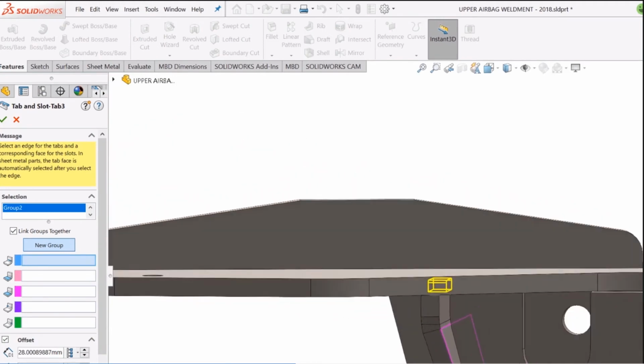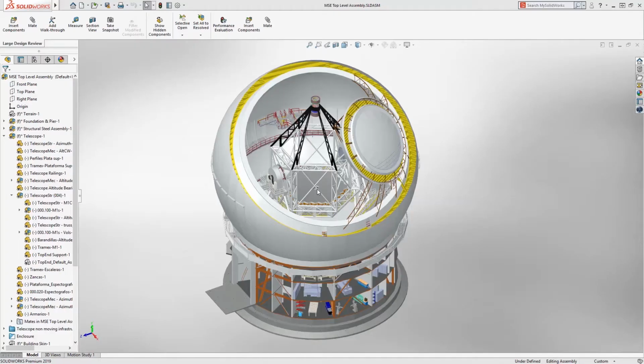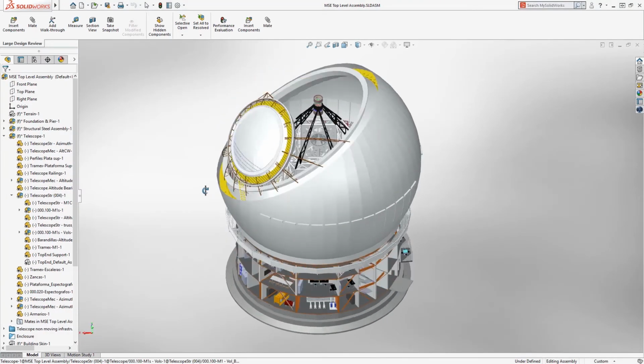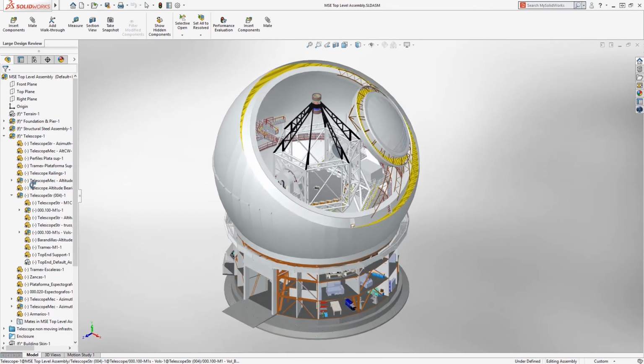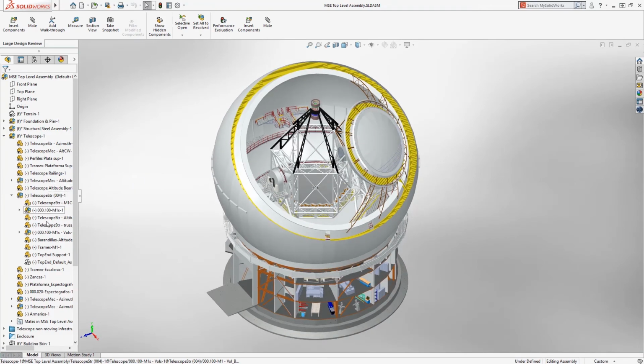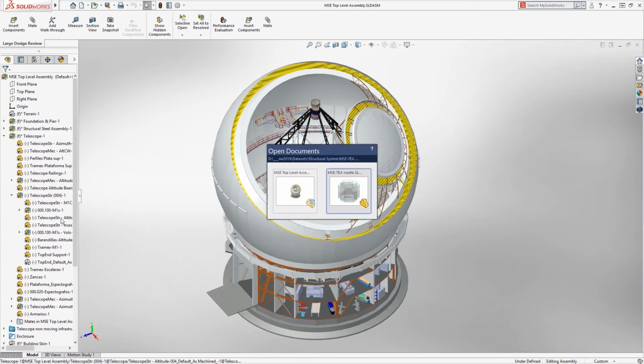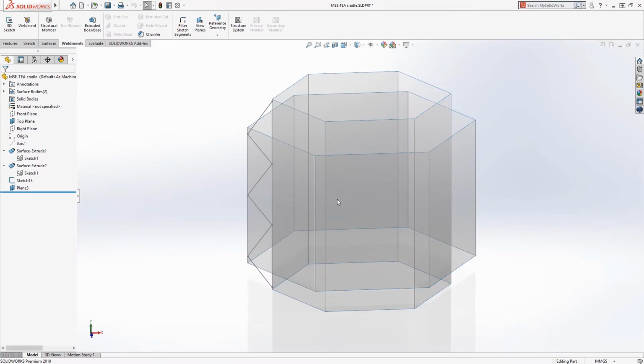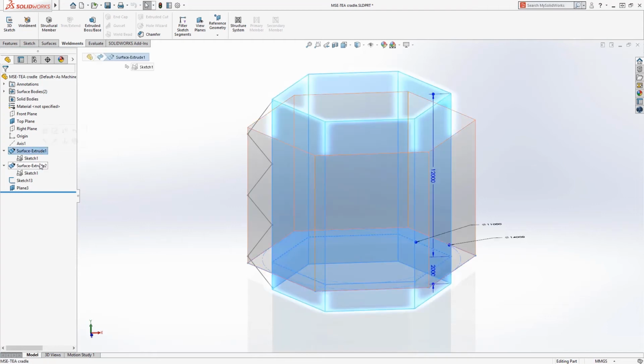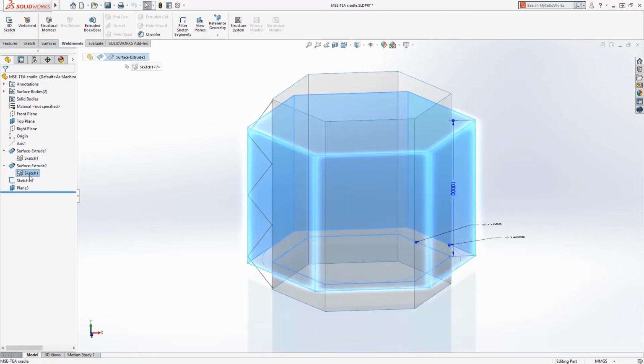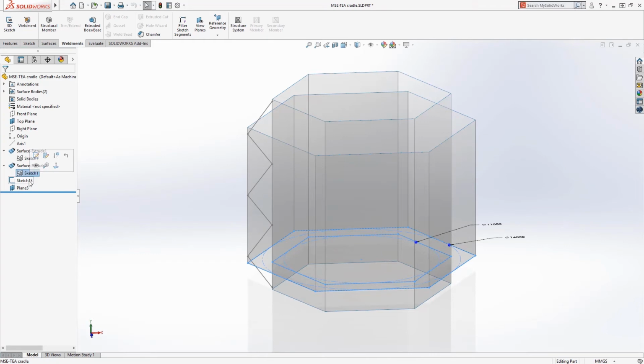will have identical parameters. Weldments are a key feature of many designs, and SOLIDWORKS has long been an innovator in providing tools to create weldments, such as the structure to support the telescope in the Spectroscopic Explorer. Let's take a look at how the structure can be created in SOLIDWORKS 2019. The definition for this new structure does not contain a 3D sketch. Instead, it is defined with much simpler surfaces, sketches, and planes, making it easier to define the layout of the